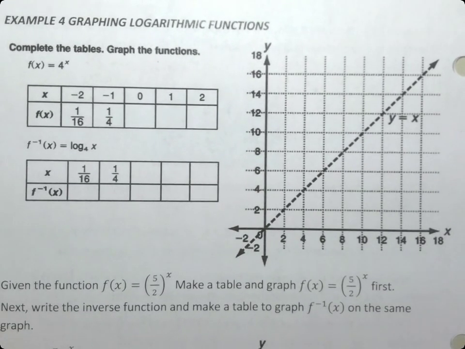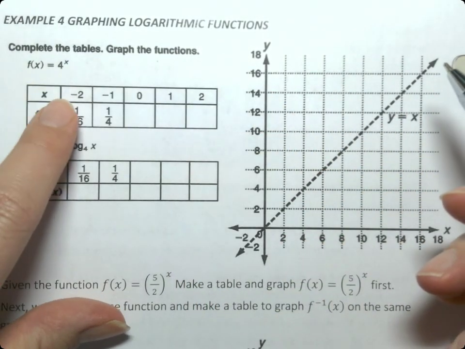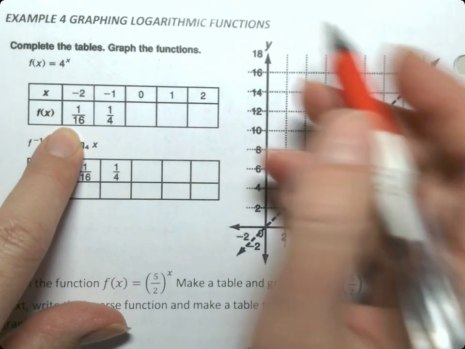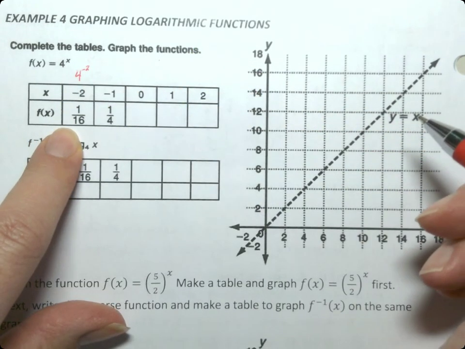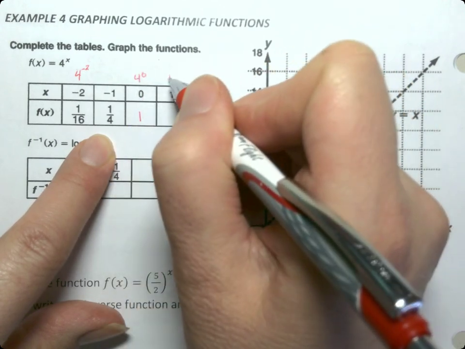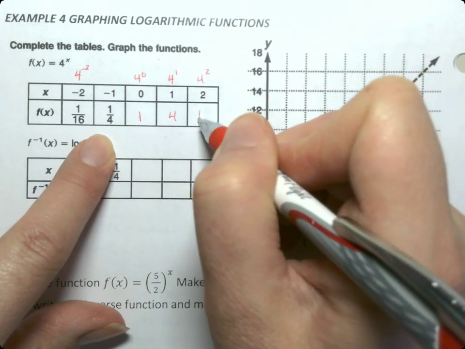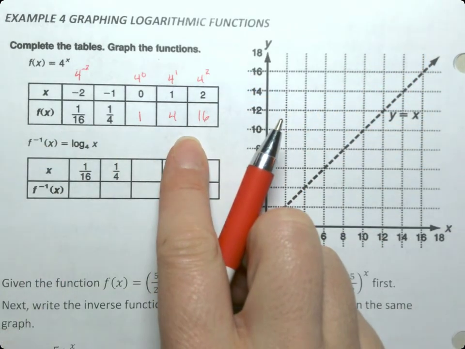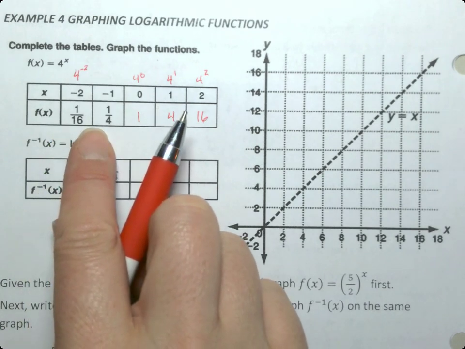Now, here's going to be the easy part. We're just going to type this in a calculator. 4 to the negative 2 is 1/16, because that's the same as 4 to the negative second, which is 1 over 4 squared. Same thing here. This is going to be 4 to the 0, which is 1. 4 to the first is 4, and 4 squared is 16. Let's graph these. Now, 1/16 is pretty close to 0. 1/4 is